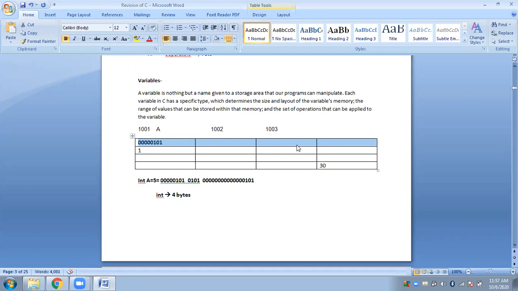Is it needed? If I can do something using only 8 bits, why will I waste the memory by storing the simple 8-bit data with 32 bits? Do you understand what I said? If I can store the 5 directly with 8 bits in one memory location, why do I need the rest of the 3 memory locations? Why do I need the rest of the 3 bytes? Yes or no? It is simply wastage.